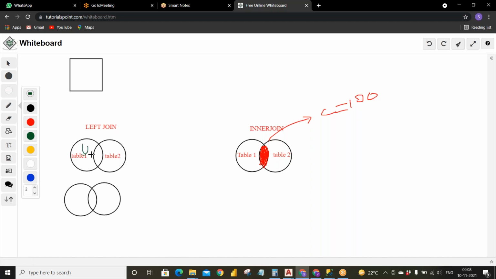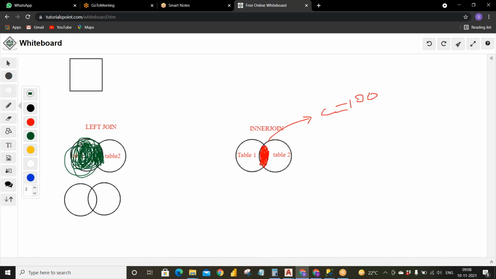Okay, so what I mean exactly over here is, left join first gets all the matching records between both, as well as all the data from table 1.